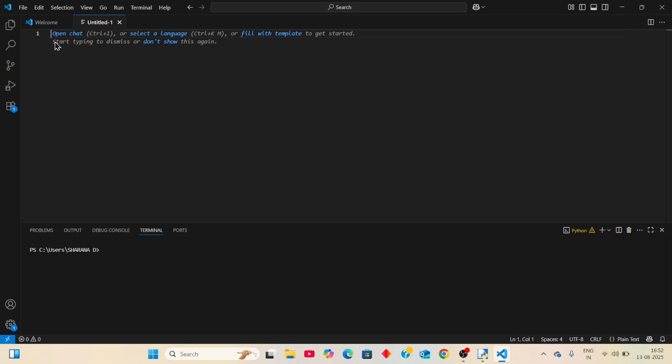We can see many operating systems in the market, like Windows, Linux, Mac OS, Android, iOS, or something else.